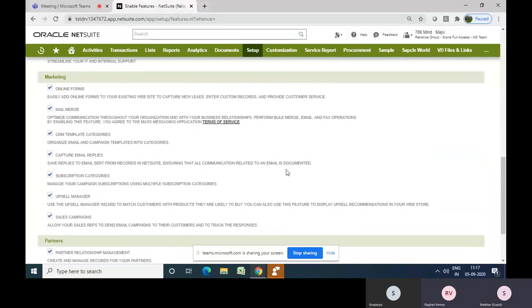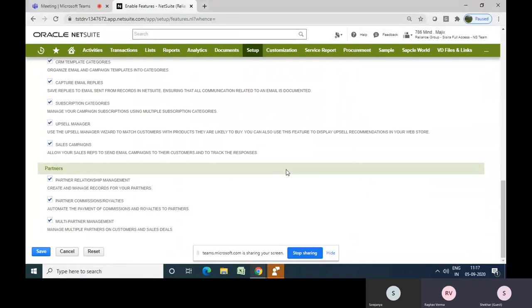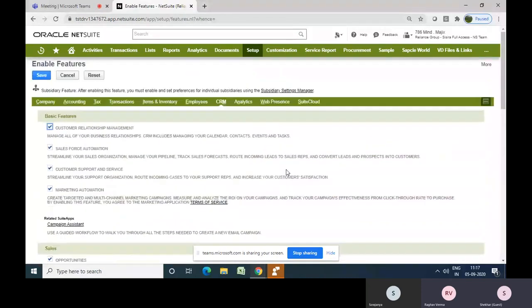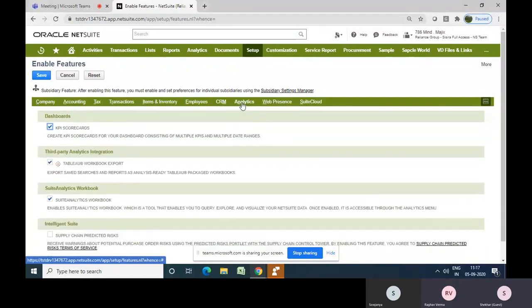Coming to marketing, we have online forms, mail merge, CRM template category, capture email replies. So all those things are there. The CRM part you'll be able to see here only. Analytics we'll be doing. We have Tableau, we have a KPI scorecard. We'll see how to do that kind of thing.